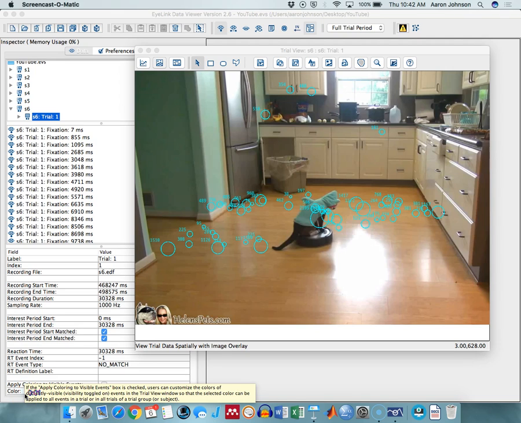Okay, so what we're going to be dealing with today is the last sort of data you can analyze in Dataviewer, and that is to use dynamic stimuli. So in this case here, we're dealing with a video, which is the most dynamic of dynamic stimuli, but it could be something as simple as having a moving target on a screen, or even having a sequential presentation of stimuli on the screen. It's just that videos are the most difficult, so I figured we would have a look